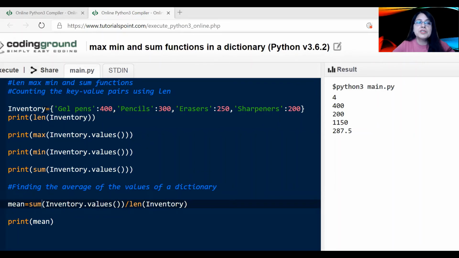We start with a dictionary inventory, which has numbers as values. And to count the number of key value pairs, we use the function len, to which we pass the name of the dictionary. It will return 4. If we need to find the maximum value out of these values, we'll say inventory.values as the parameter to the function max. It returns 400. We can pass inventory.values to the function min to get the minimum value, that is 200. And to find the sum of the values, we'll pass inventory.values to the function sum. We get the output as